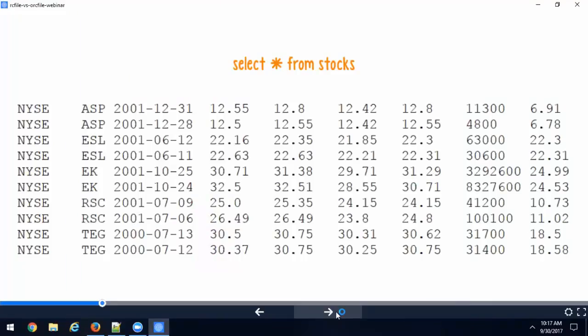All right, perfect. So here is a table. Let's imagine this is a table from a stocks data set. We have day-to-day stock-related information from NYSE, the New York Stock Exchange. We have the exchange name as the first column, then the symbol, the dates, and these numbers are the opening price, closing price, the high, the low, and the volume. The second column from the last is the volume, and then I think it's the average close.